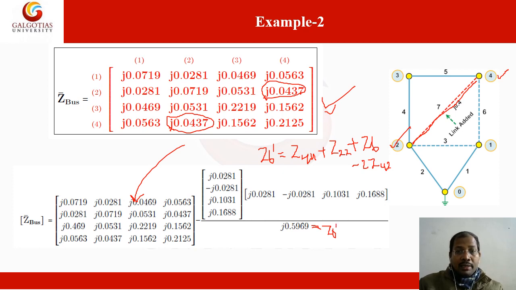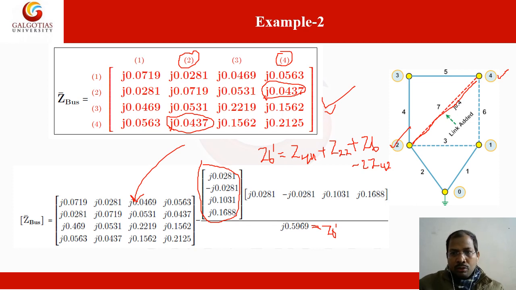So you know that this transmission line 7 is connected between 2 and 4. So in this matrix, this is the 2 and this is the 4. To obtain this column matrix, we have to subtract between 2 minus 4, or you can choose 4 minus 2.